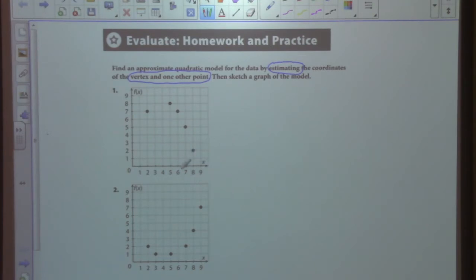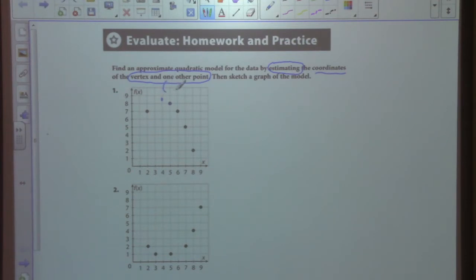5, 8. So 5, 8 would be one possibility, but I notice that I have this one over here at 6, 7, and this one over here at 2, 7. And based on that, I'm thinking a real vertex might be up here some other place. You're saying estimating the coordinates of a vertex. So what I did is I estimated a vertex up here